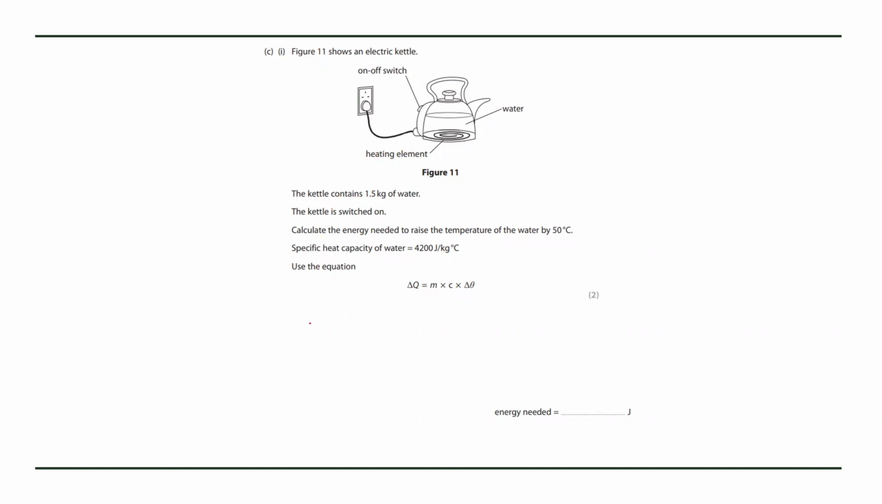Right, so calculate the energy. So Q is energy. Delta is a change in, so mass, 1.5 kilograms. C is the specific heat capacity, 4,200 joules per kilogram Celsius. And then change in temperature, need to raise it by 50. So all we're doing is multiplying numbers. Okay, so there's no rearranging going on here. 1.5 times 4,200 times by 50. So